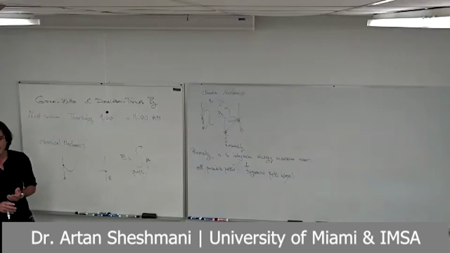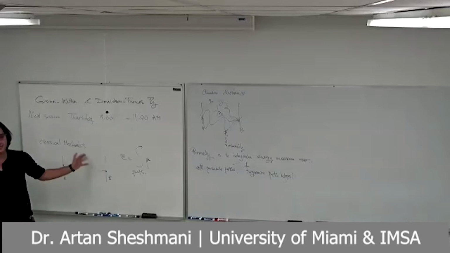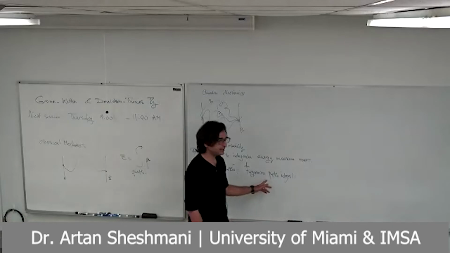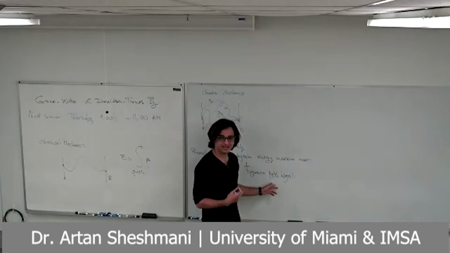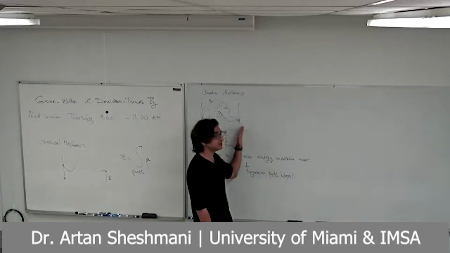I can write down a weighted sum. 20% chance times the energy I have over this path, plus 10% times the energy I can calculate over this path, and so on and so forth. I add them all and I take an average, a probabilistic average. So Feynman is telling you that you do not calculate energy over one path, but calculate the expectation value of the energy progressing from state A to B.